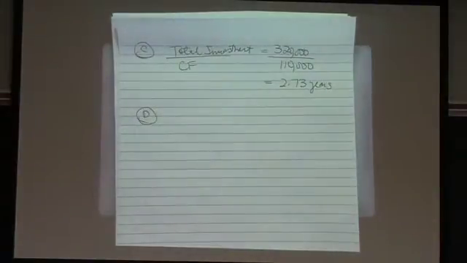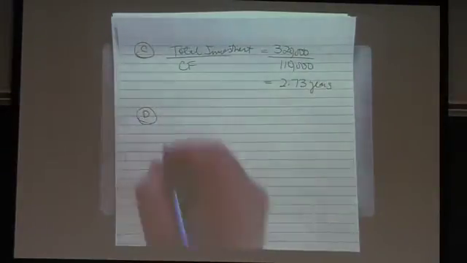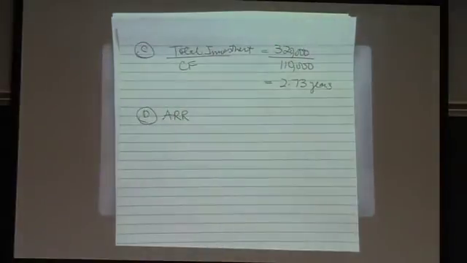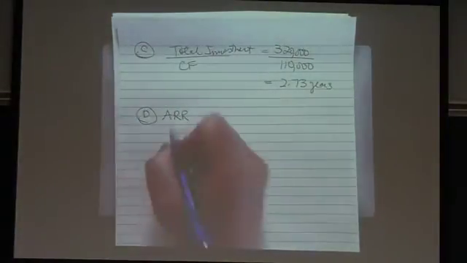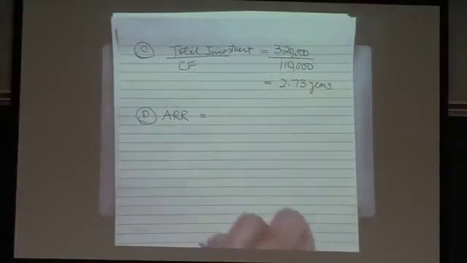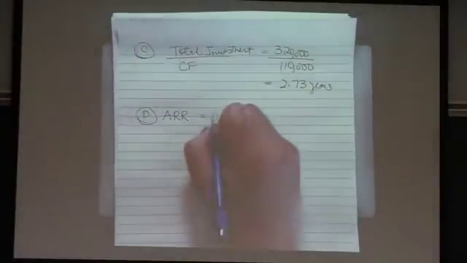Now for D, it says accounting rate of return. So A, accounting, ARR. So what is that? Remember, it's going to be accounting income, which is cash flow less depreciation. In that case, that was given to us at 50,